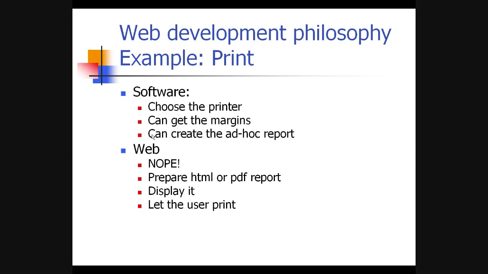Okay, there are a few tricks that allow you to do a little better than that. When you create your report, you can have at the beginning of your report a print link that can open the print dialog, and then you let the user choose this and that and the other. But once the user has printed, you are still on the report, so you also need a link to come back, or you need to open your report in a second browser or a second tab, and then you have the problem of the user being on two different tabs